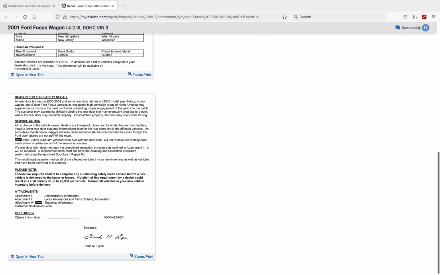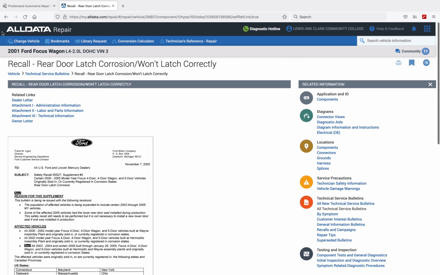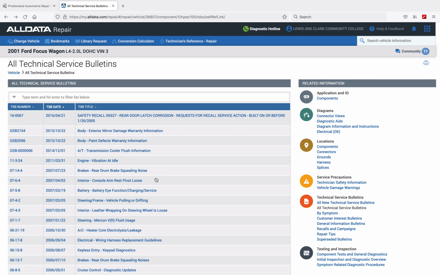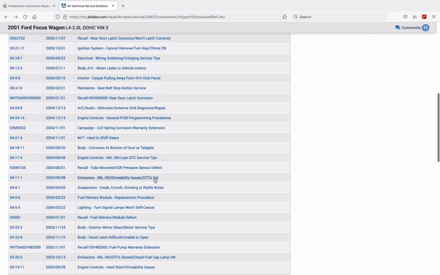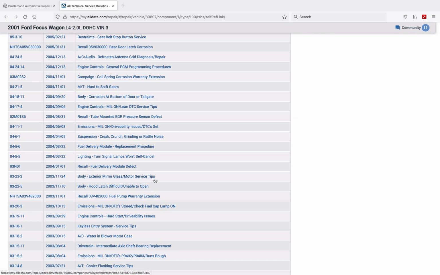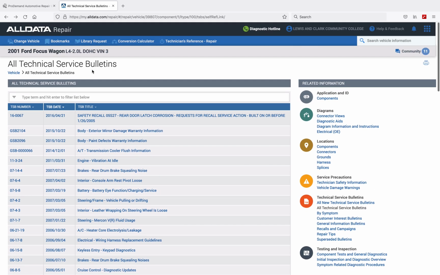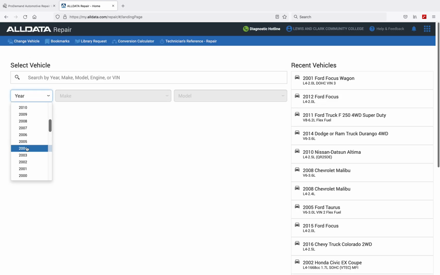So this is a recall listed within the TSB column. I wish service information would separate the two. Maybe we'll see that in the future, but these are campaigns that could be open. Now, the nice thing about the recalls, I'm going to change vehicles here,